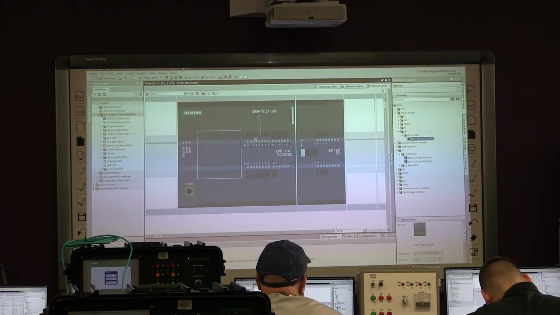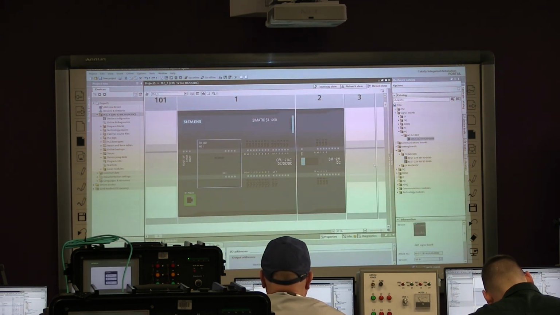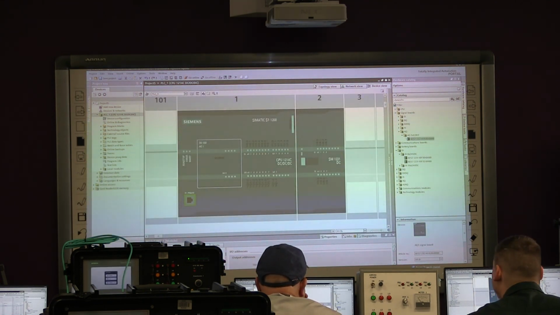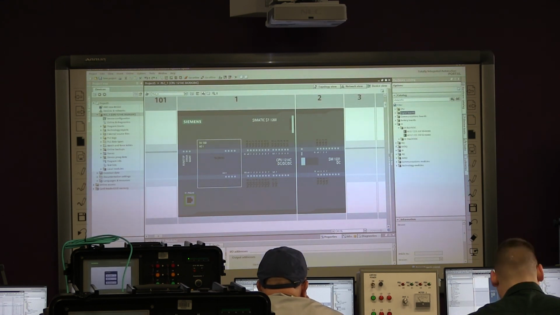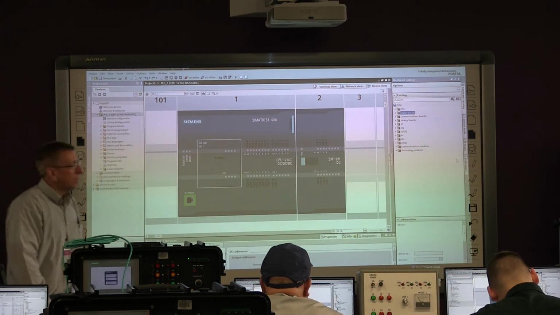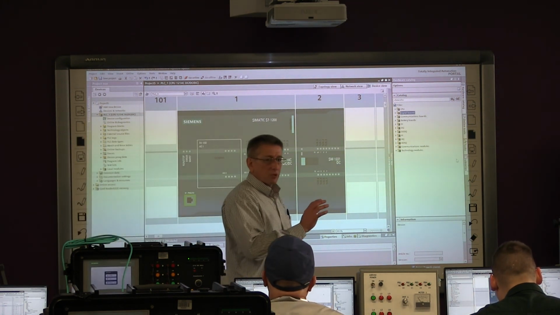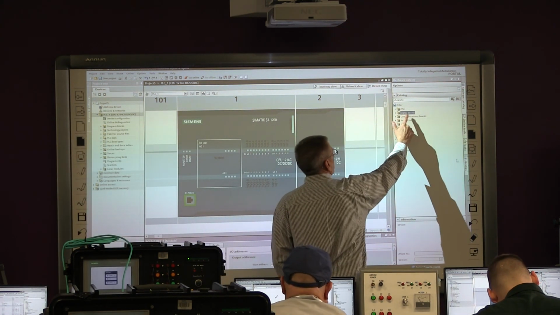Just click on it, drag it, and drop it in, or you can double click it. Let me show you the difference between the two. So we have the signal board